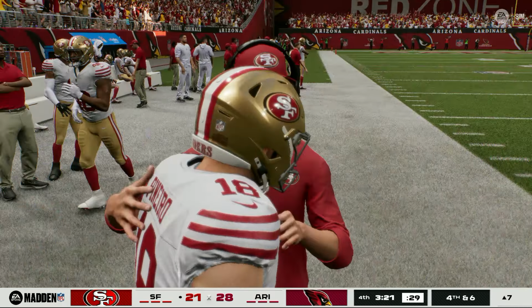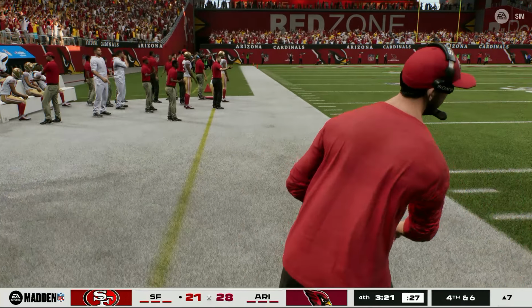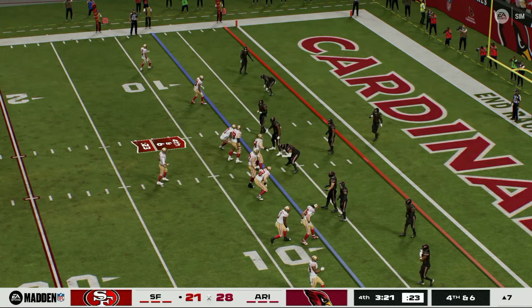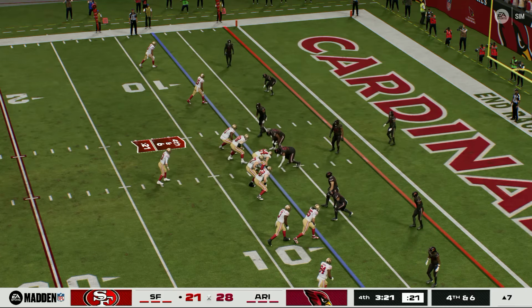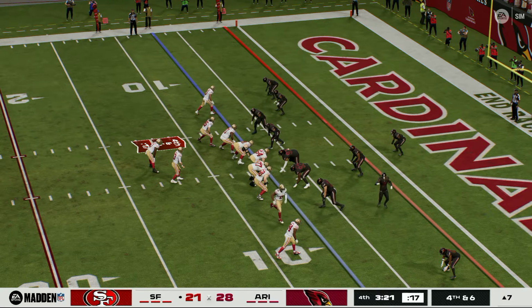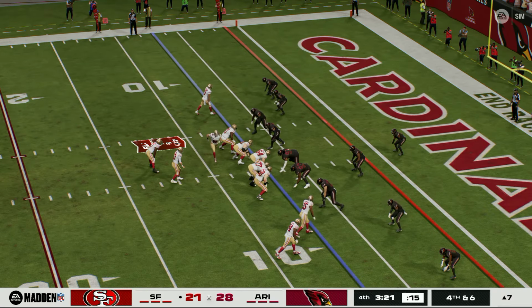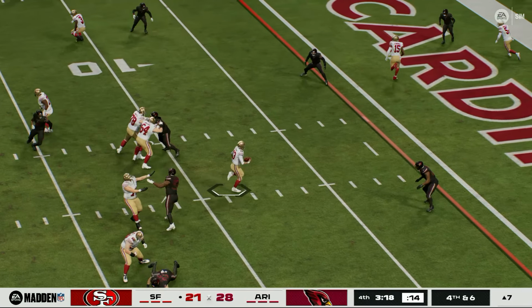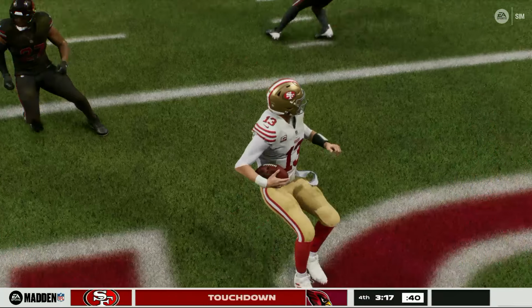Teams practice these situations all week long, Mike. Down here in the tight red zone, you find yourself inside the 10-yard line. You're thinking, we've got to come away with a touchdown. Well, after that 3rd down incomplete, it's going to be real interesting to see how they approach this 4th down after failing on 3rd. And he will get